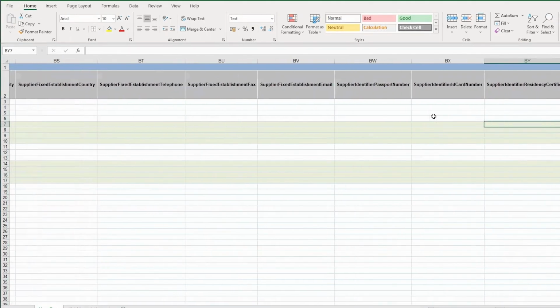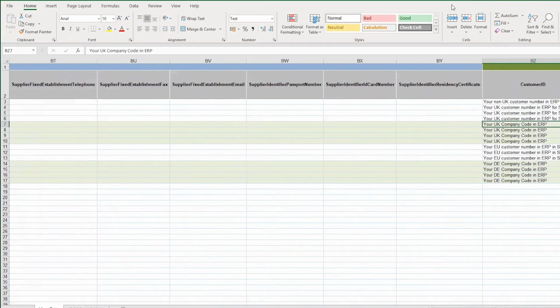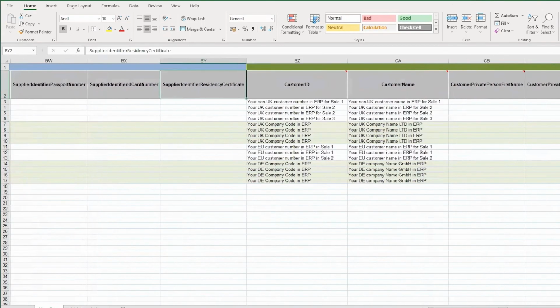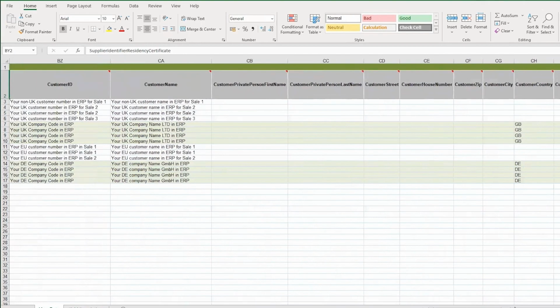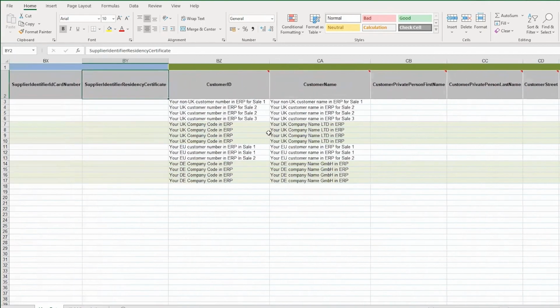So again, you have a whole host of information here that's required. There's no need to populate all of it. Just focus on the piece that you need. When you're a customer, as we mentioned, it's your information that falls under this area here. And of course, for sales,